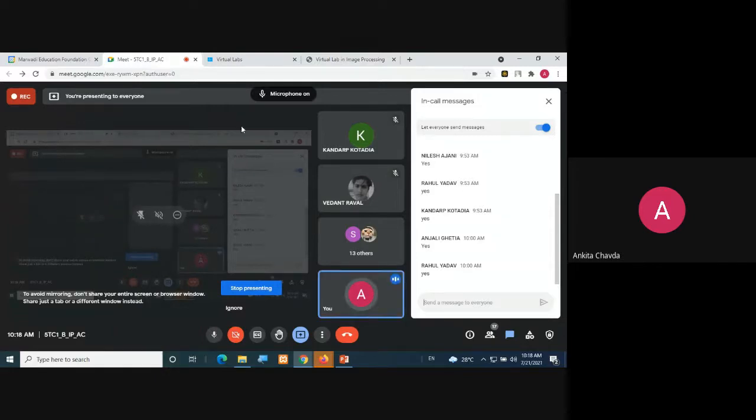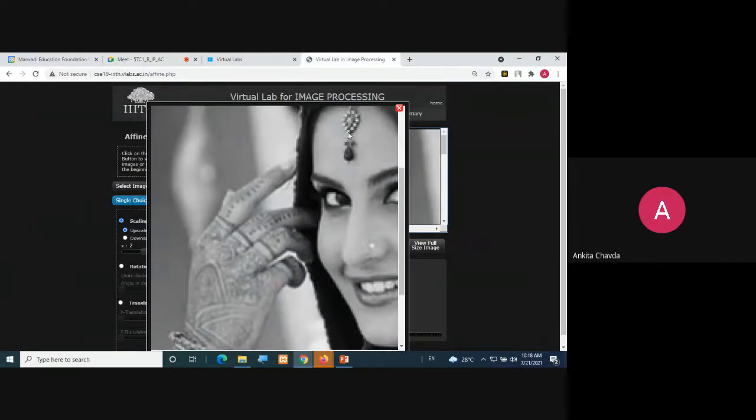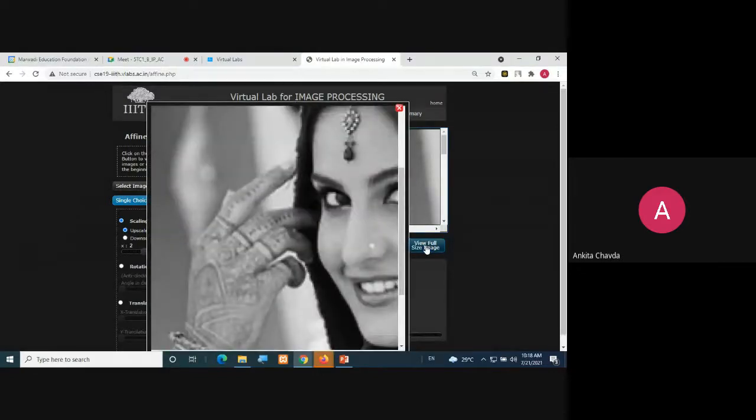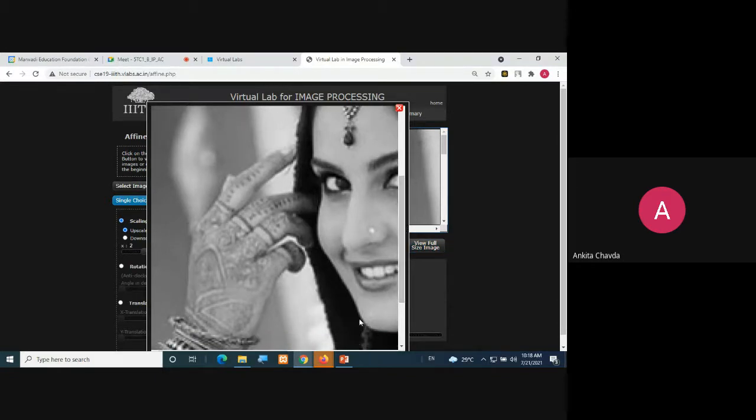So here you can check. I have done this with the 2x, right? Here I have chosen 2x, and I'm choosing the nearest one first. You can check the result. We have almost 1200 cross 1200 pixel size here, and you can check this line. Fine.